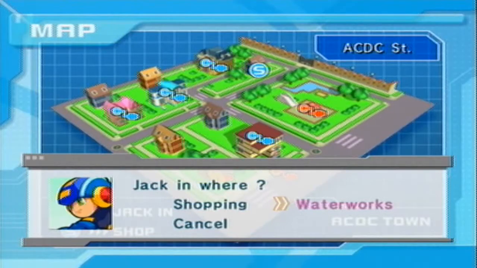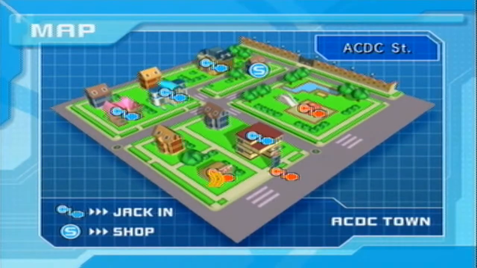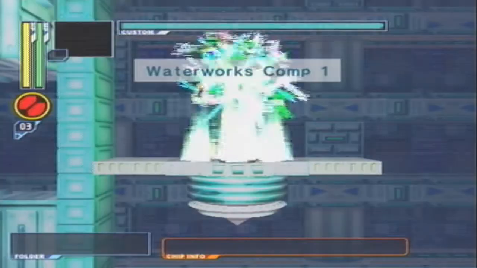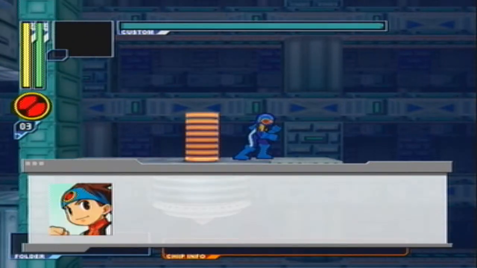Alright, so we're back, and we only have 2 destinations left in this segment of the game, and the one we're going to go to right now is Waterworks, because we're ready for that. I've got my electric-based chips, even though I don't really have that many, and I have my aqua armor equipped, so I'm ready to go. And if you remember, I think it was like an episode or 2 ago,